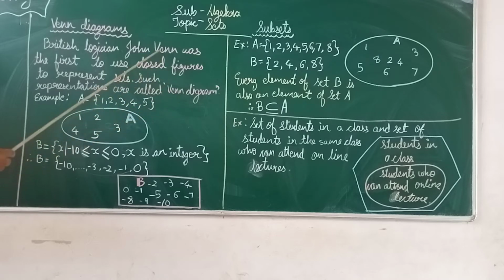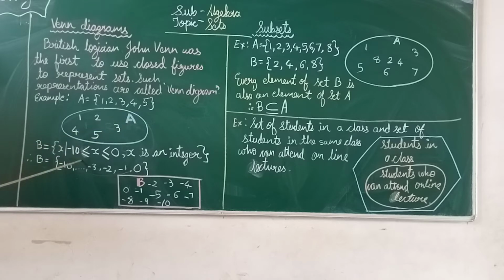Now as Venn was his name, and he was the inventor, to remember him, the name Venn diagram is given. Now the first example is that set A contains elements 1, 2, 3, 4 and 5. So here I have used this circle as a Venn diagram. We can write the elements present in set A anywhere in this closed figure and we will write the name of this set.